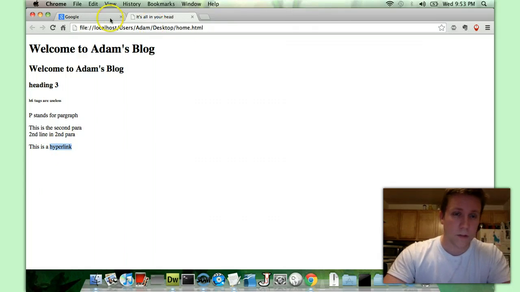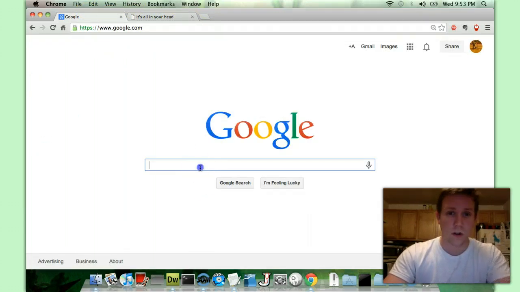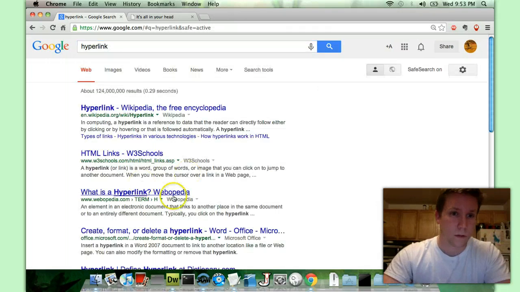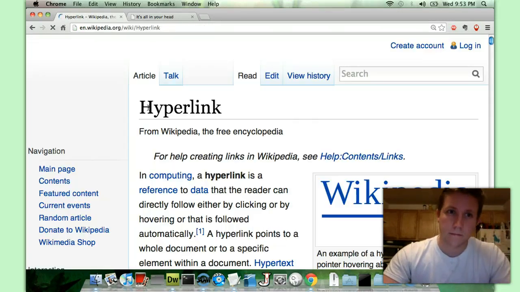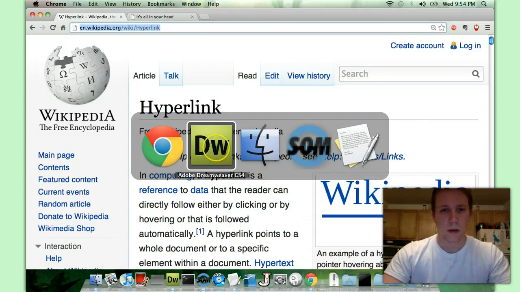Pretty simple, right? So first thing we need to do is get a hyperlink. So I'm going to go to Google. I'm going to say hyperlink. Okay, click that first option. So here we go. We're on Wikipedia. Look at that. Wikipedia starts off with an H1 tag, but we're going to copy that hyperlink, go back into Dreamweaver,